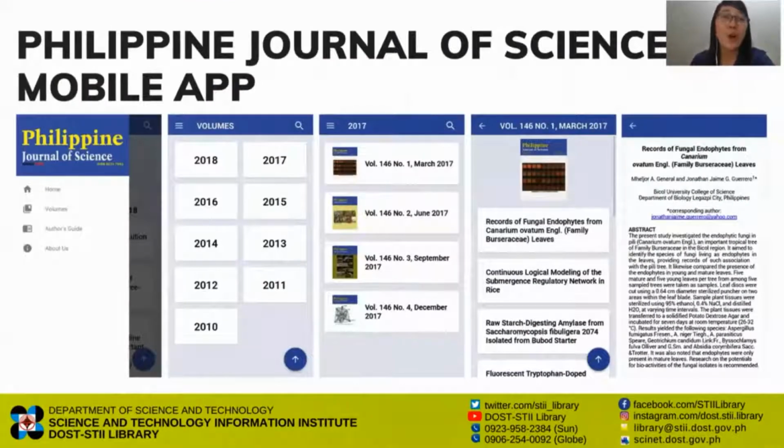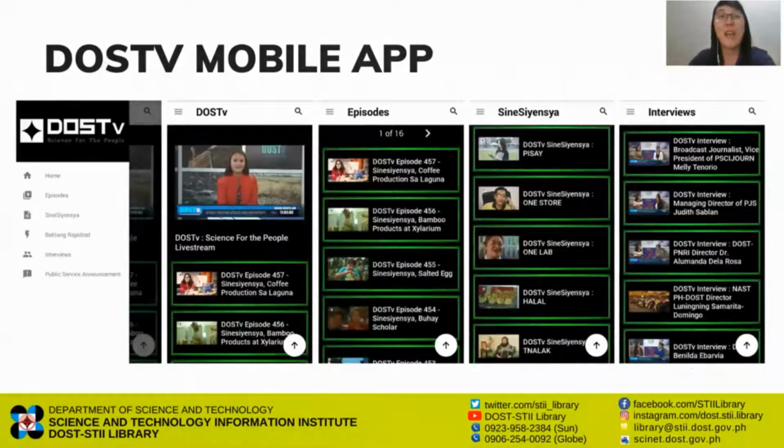If you're always on the go and you want to be updated on the latest issue of Philippine Journal of Science, you can download this mobile app on your mobile devices and do research on natural sciences, engineering, mathematics, and social sciences. With the Philippine Journal of Science mobile app, you can access the past and current issues of PJS anytime, anywhere. Next, we have the DOST-TV mobile app